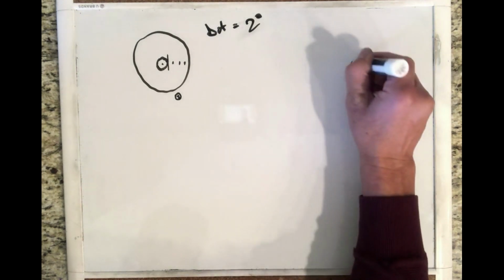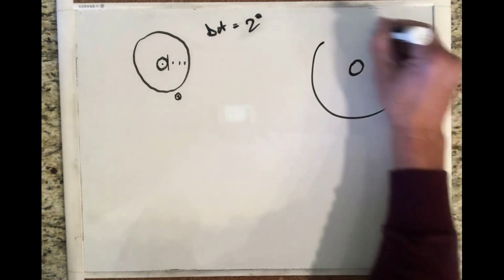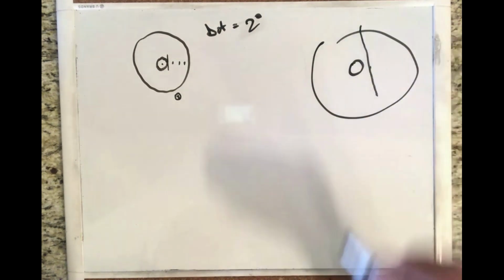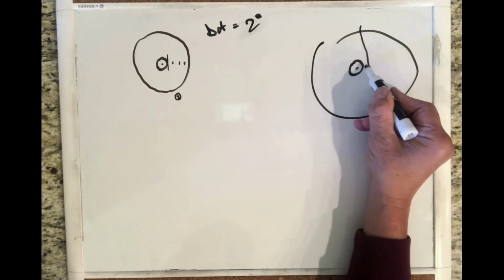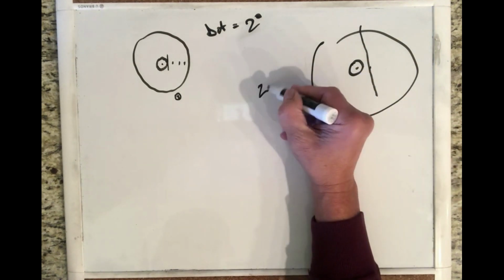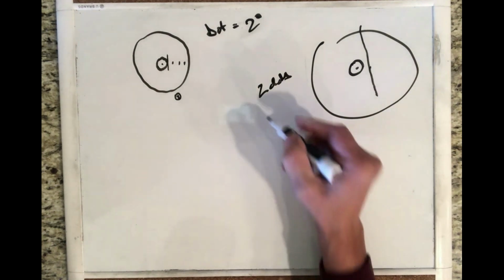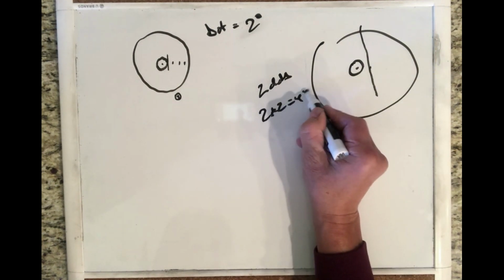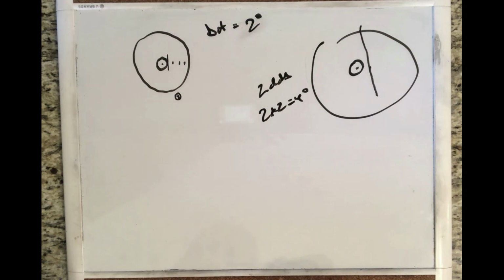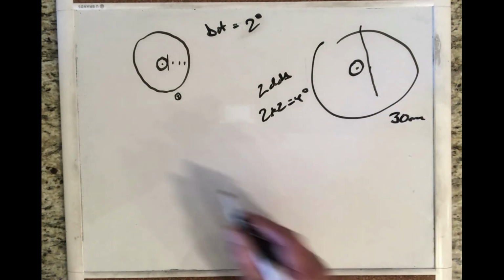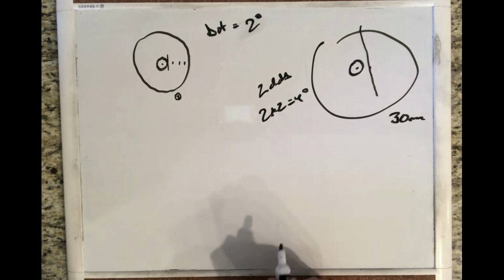So suppose I have something that looks like this. Here's the center. That's 1 dot, 2 dots. I am 2 dots off. We know that every dot is 2 degrees, so 2 times 2 equals 4. I am 4 degrees off my desired course. My range is 30 nautical miles for my VOR, so let's figure out how many miles laterally I am off